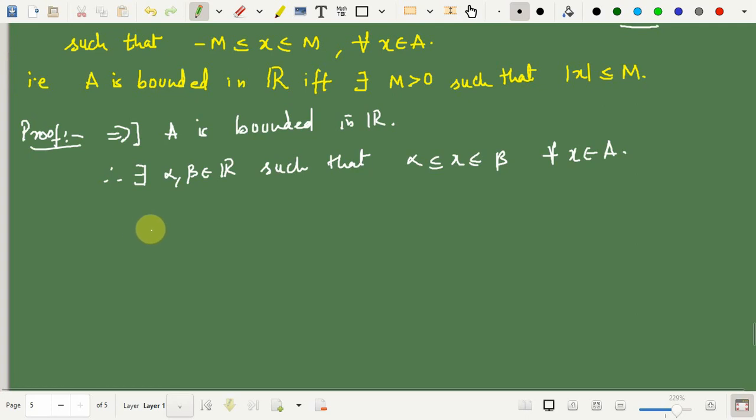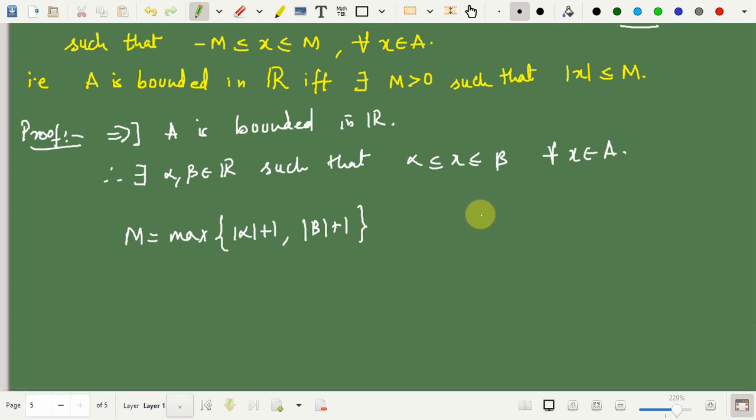Because you want it to be positive, you could think of mod of alpha and mod of beta, but that won't be enough, because alpha and beta can be 0 also, and then m is not strictly greater than 0. So, what I would do is take the maximum of mod of alpha plus 1 comma mod of beta plus 1. The reason for the maximum is